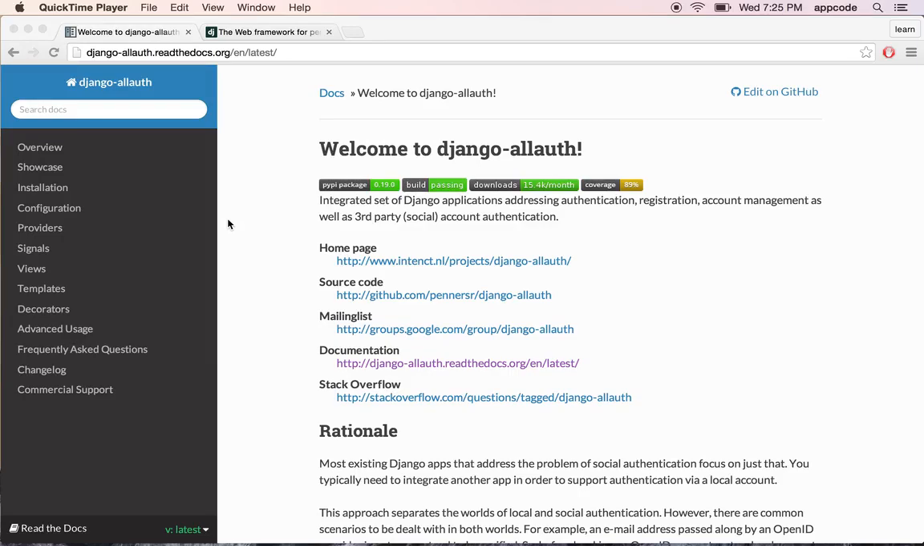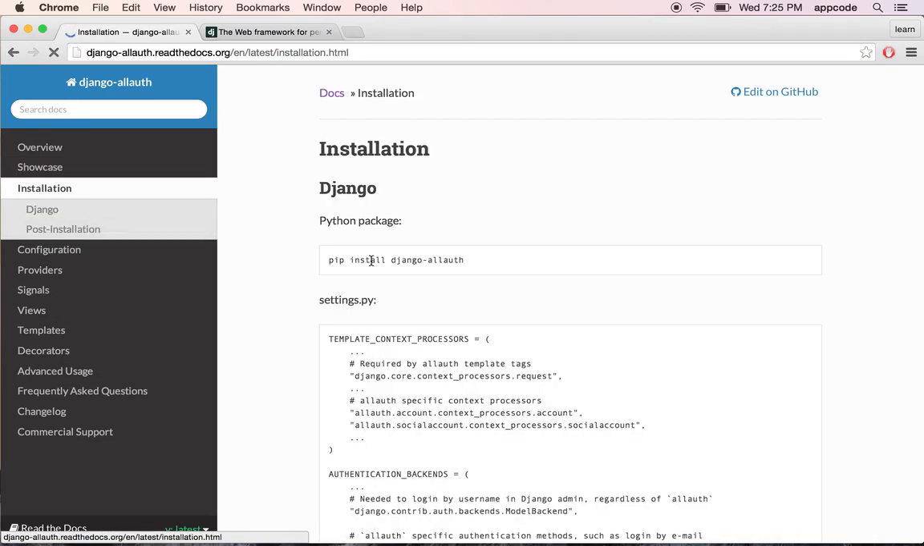I want users to be able to sign up, log in, and log out. I'll be using Django OAuth to allow all these functions. So go to Django OAuth, read the docs.org, and I'm going to install this. On the left panel, hit installation, copy pip install Django OAuth,